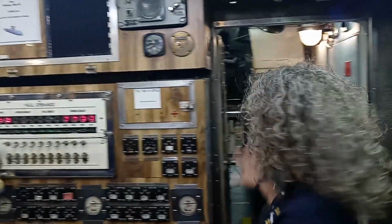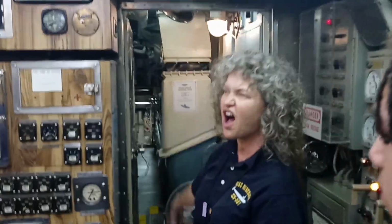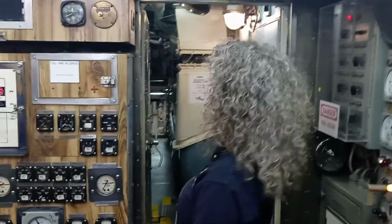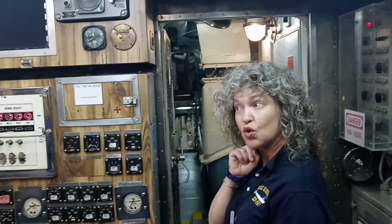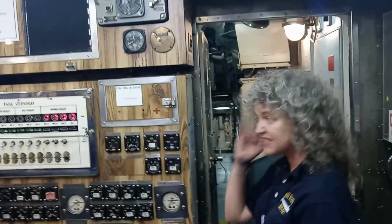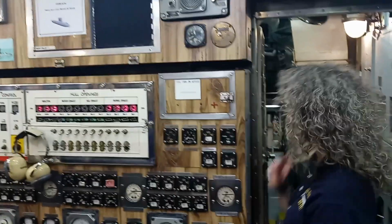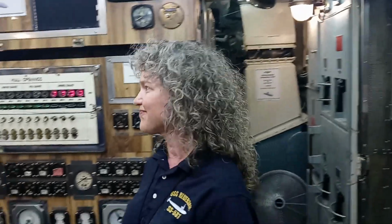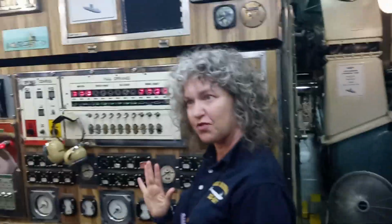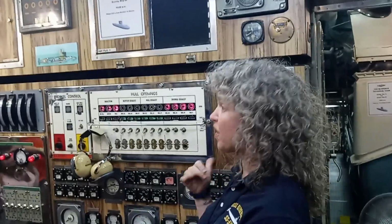Now, while the engines run, this engine room will get really hot and loud. I'm talking 120 degrees, 137 decibels in volume. That is so loud, it would damage your hearing if your ears weren't protected. So they wore earplugs and headphones, and this door we all just walked through, it's heat-proof, soundproof, and hard. So they would have that shut for like 4 or 5 hours while the engines are running to recharge the